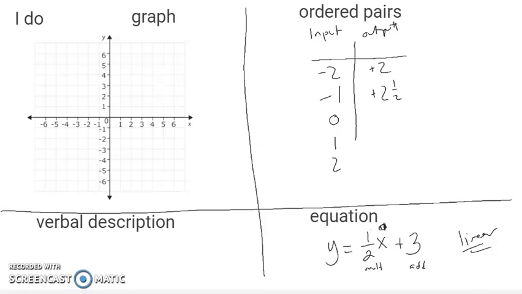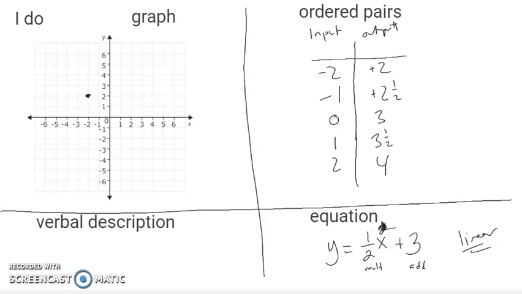1/2 times 0 is 0, plus 3 is 3. 1/2 times 1 is 1/2, plus 3 is 3 1/2. 1/2 times 2 is 1, plus 3 is 4. There's my ordered pairs. Head over to my graph, negative 2, 2,